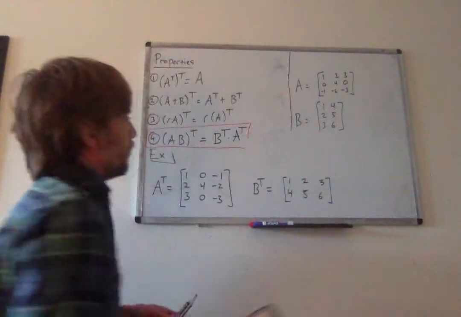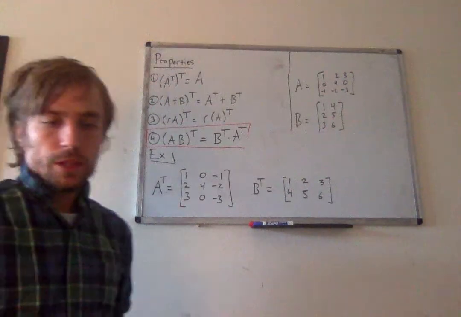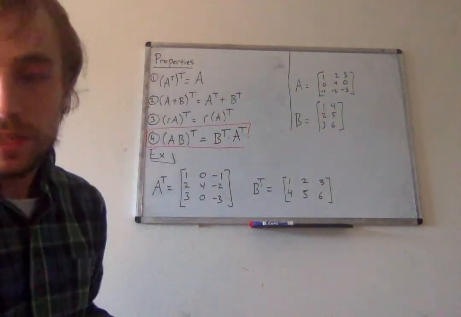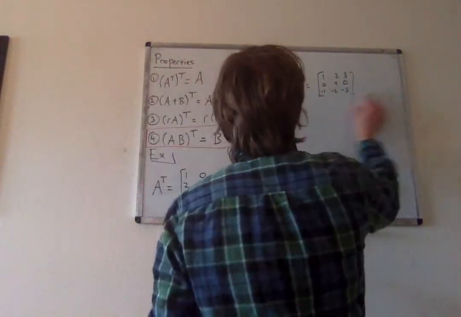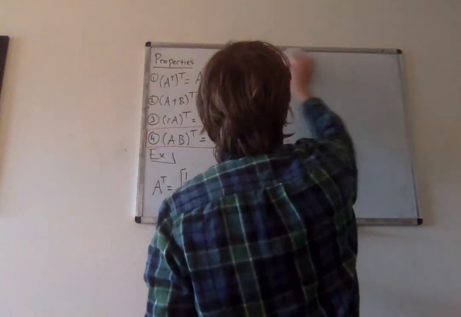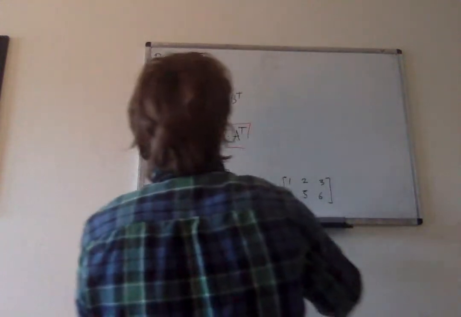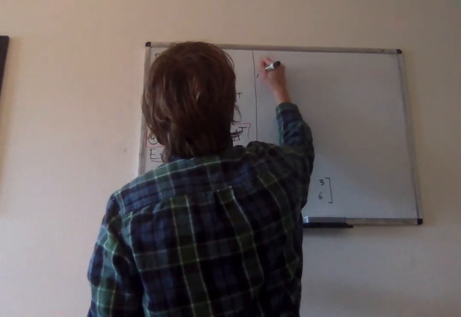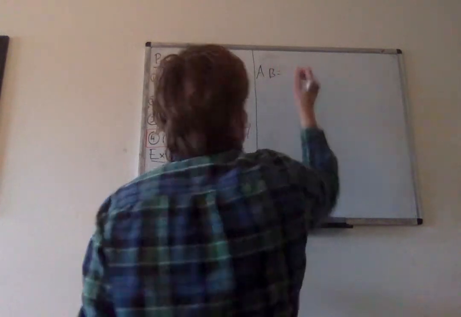All right, so the way I've left myself room here isn't great, so I'm going to sort of erase things a little sequentially here so I can give myself more room. But we're going to be working with the same matrices that I have had on the board. So A times B is equal to